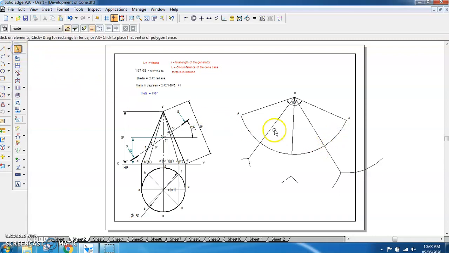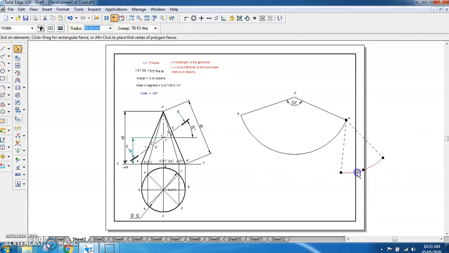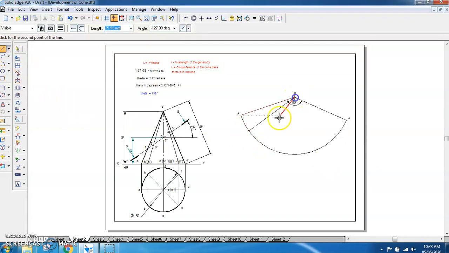Now if I just erase these lines, and now if I connect these points which we have intersected from here to here, then from this point to this, then from this to this, and then here, and then from here to here. So like this you should be able to divide it into 8 equal parts: 1, 2, 3, 4, 5, 6, 7, 8.